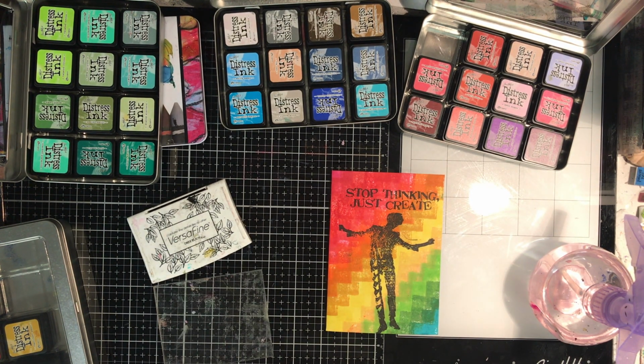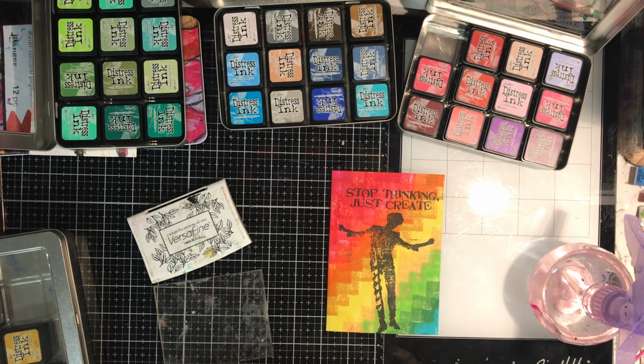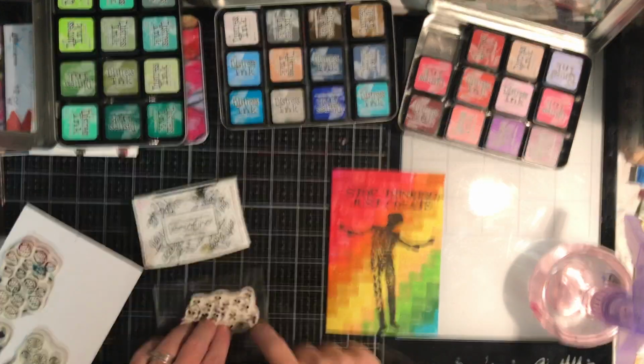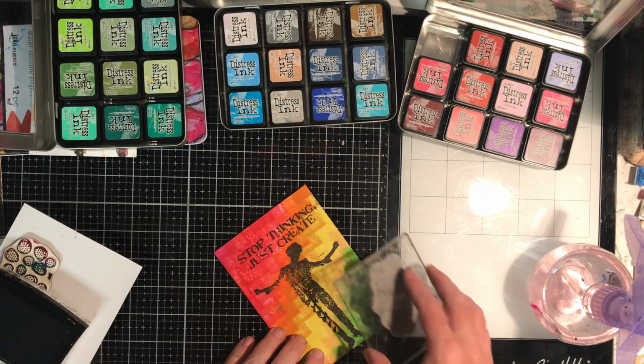So now what I'm looking for is, because I'm never happy just having a nice bright background, I wanted to put something in the background, some stamps, and I'm busily searching for a set of stamps which I've just found there. I actually had to stop the video and look for about 10 minutes to find this,